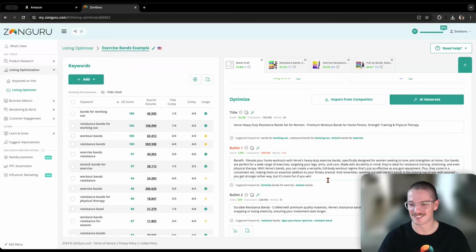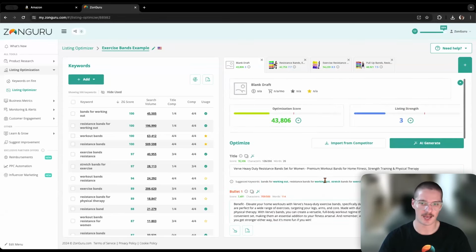It's a classic dad joke, but at the same time, that's the benefit of the ZonGuru Listing Optimizer. You can prompt, you can re-prompt as many times as you like. There's no limits to it. And you can really fine tune that score. So you can see we've gone up by 2,000 there. Then I may want to do the same thing with the title, boost that character count right up to the maximum to take advantage of that keyword juice as well, and continue optimizing until we get to that 54,000.